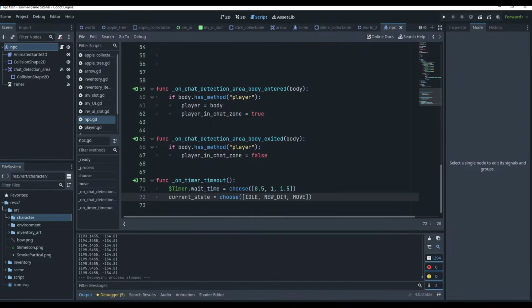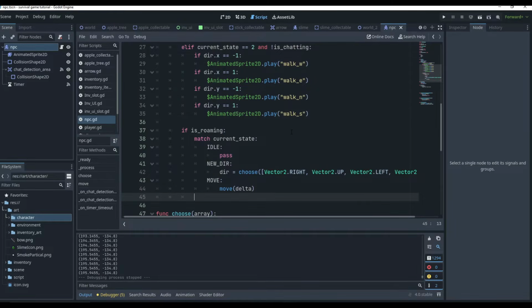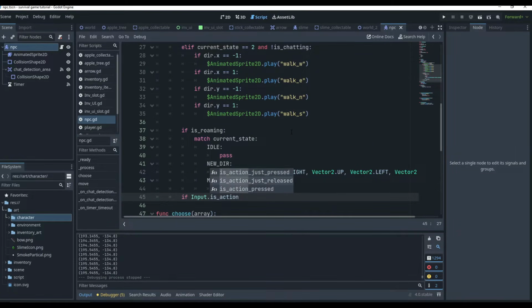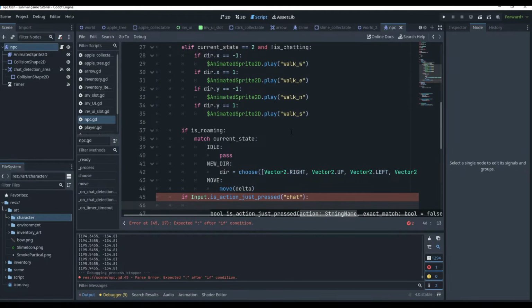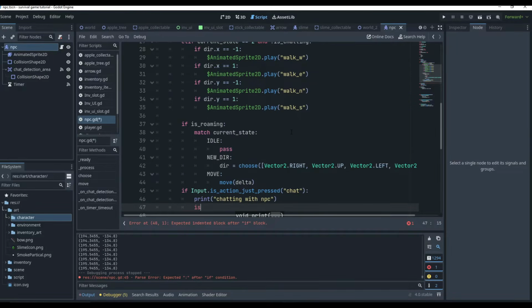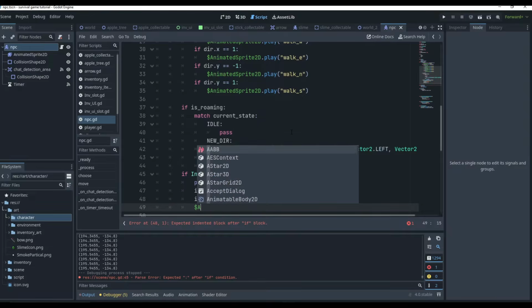And what we're going to do is we're going to go back into the script, and this is going to be actually pretty easy. We're going to come up here below the if is roaming in our process. And in process, we're going to check input. So we're going to say basically if input dot is action just pressed, and we'll say chat. We'll have to go make this in the settings. We're going to say print chatting with NPC, and we're going to say is roaming is going to equal false, and is chatting is equal to true, and basically we're going to end up playing